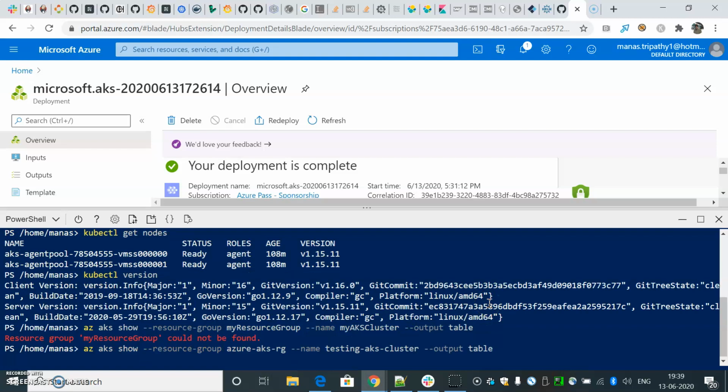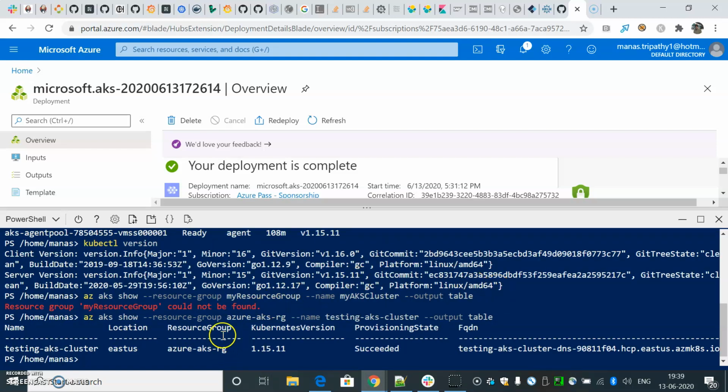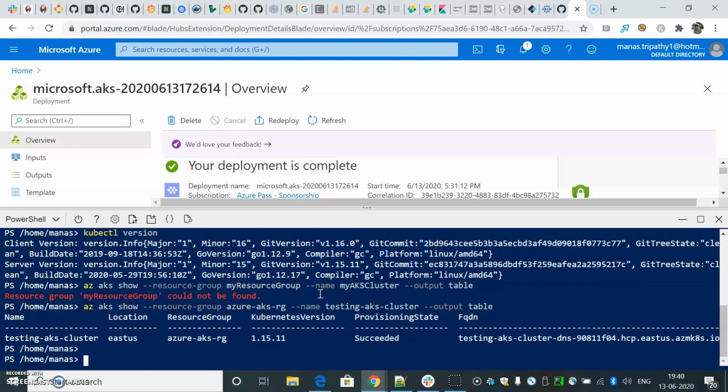I'll just press enter to run this command. You can see it is showing the name is testing AKS cluster, the location, the FQDN, and the most important part is the Kubernetes version, that is 1.15.11. And now we'll go for an upgrade.